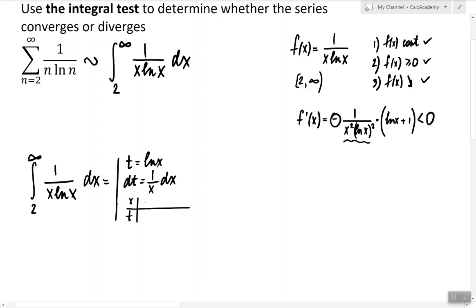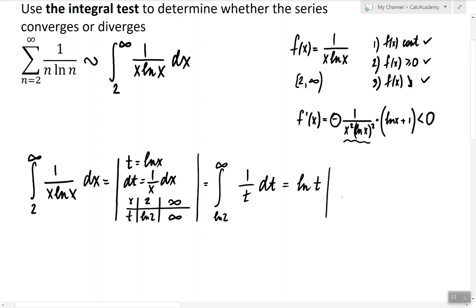the new limits of integration will be from ln of 2 to infinity. So we have the integral from ln of 2 to infinity of 1 over t dt, which is ln of t, which we evaluate from ln of 2